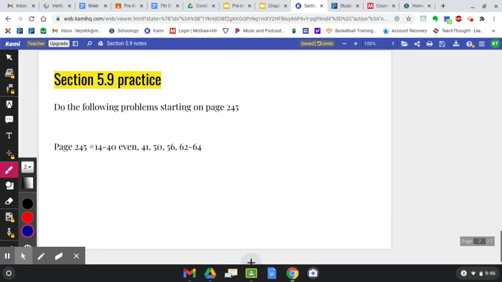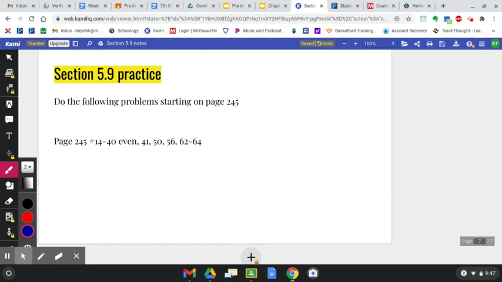All right, you can see your practice problems here on page 245, 14 to 40 even. If you review 41, 50, 56, and then 62 to 64. So on a separate sheet of paper, do those, and then you can use the answer key to check your